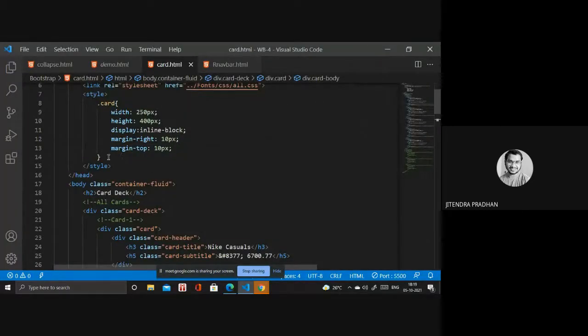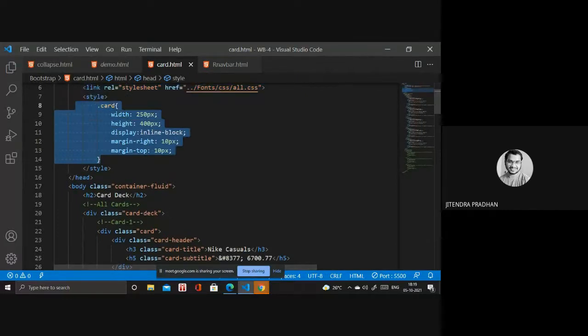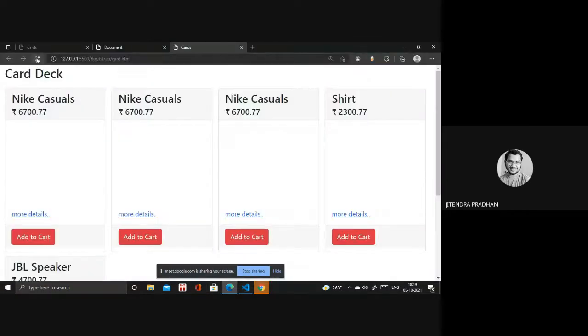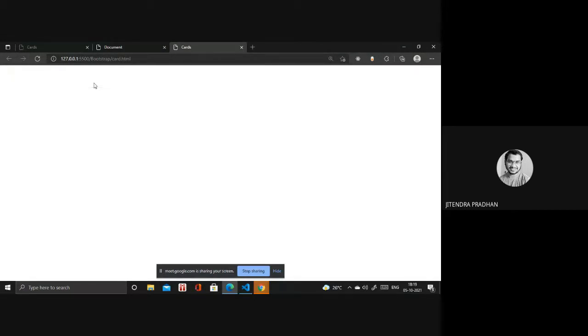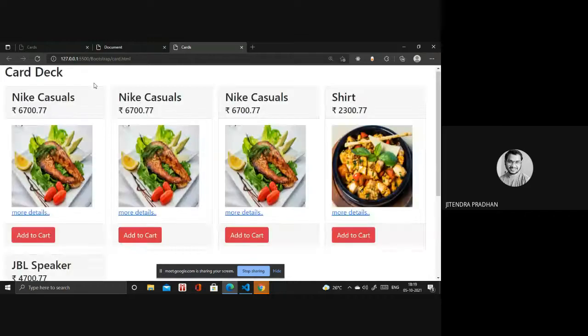I will use these inside that. Okay, so now it looks good. If you want to design something like a buy now or add card button, where clicking add card adds it to that particular card, then you have to use JavaScript. Okay, so let's start.